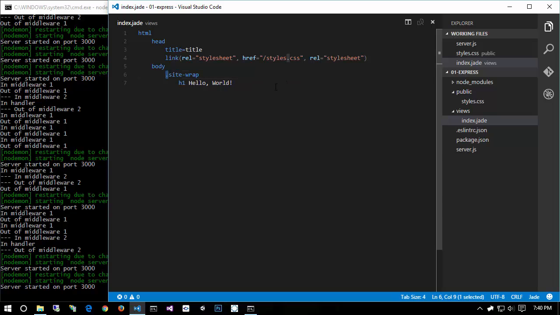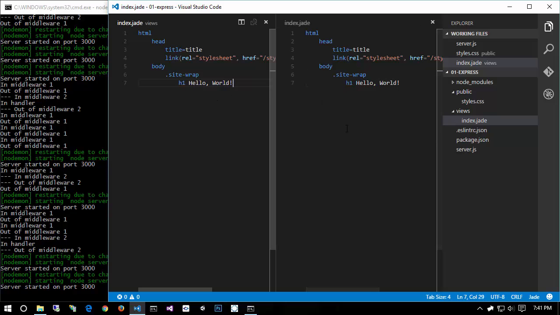If I just did that without the dot, it would create an element called site-wrap, but obviously in HTML, there is no such element. So by using the shorthand, this dot, it creates a div with class site-wrap. I could have done the same thing by doing div class equals site-wrap. That would have done the exact same thing, but it's a little bit more verbose. Jade is very succinct. And if you're wondering, you can also make divs with IDs by simply using a hash, if you wanted to. Anyway, with that out of the way, let's go ahead and see how we can have this